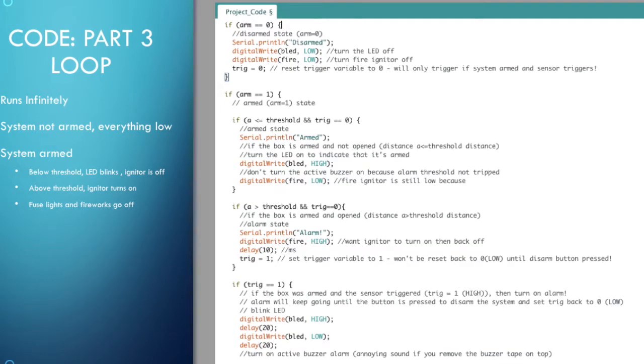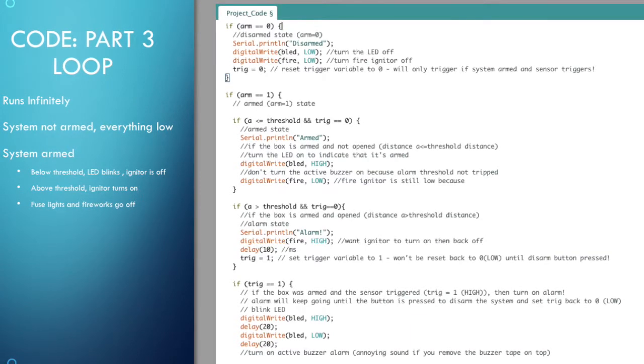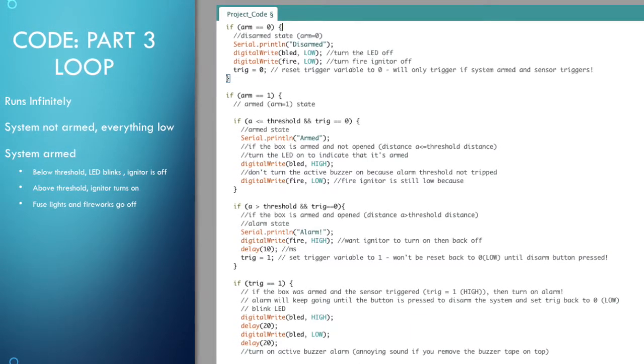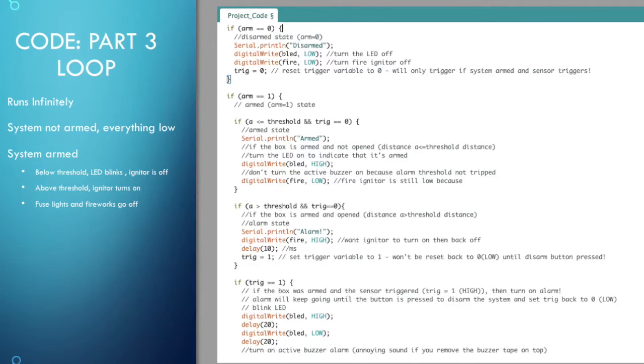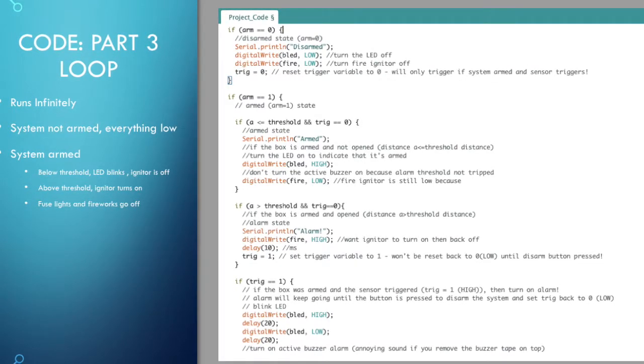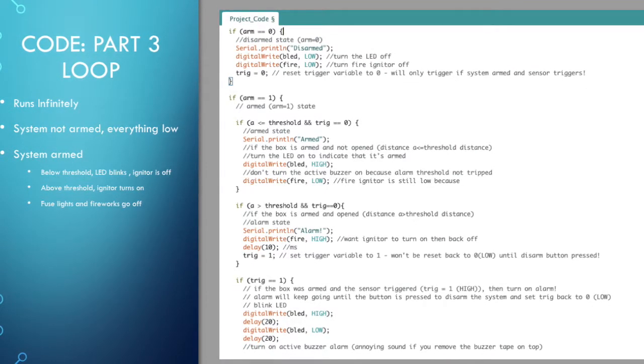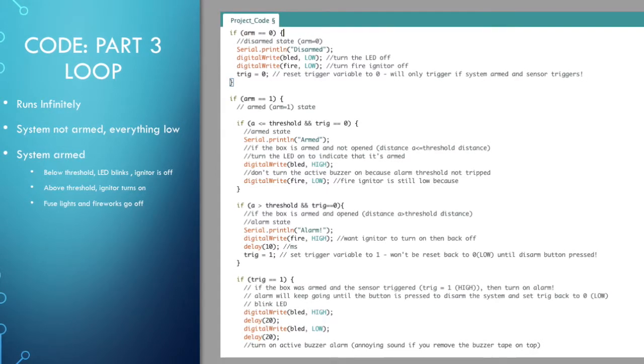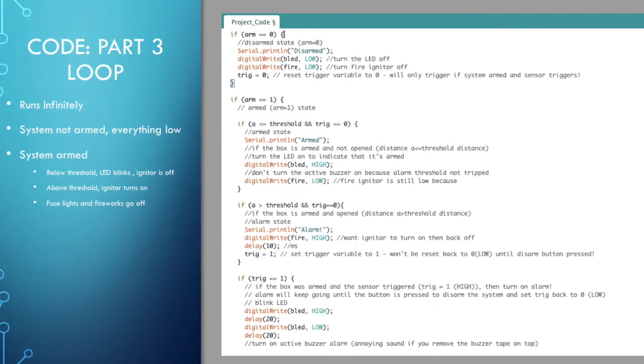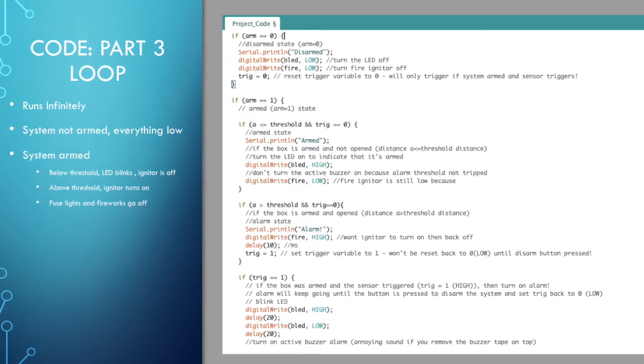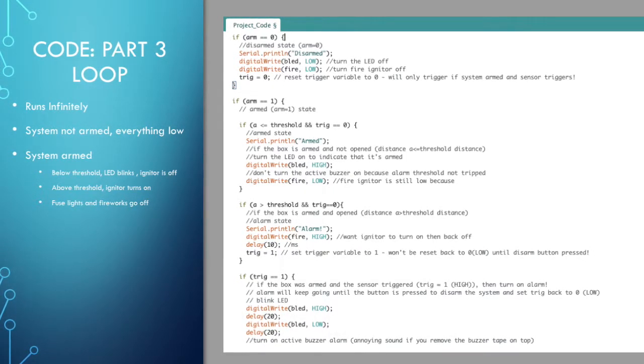For the final part of my code, in the void loop, there are several if statements. So if arm is equal to 0, so the system's not armed and the button hasn't been pressed, then the blue LED is low and the fire igniter is low. Then if the button is pressed and the system is armed, then if the threshold is below 54 centimeters and